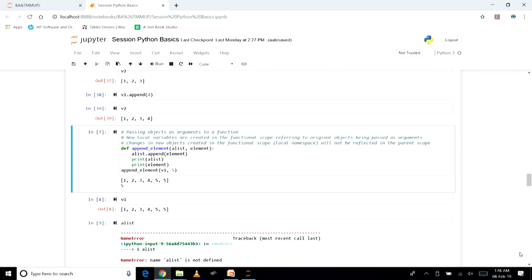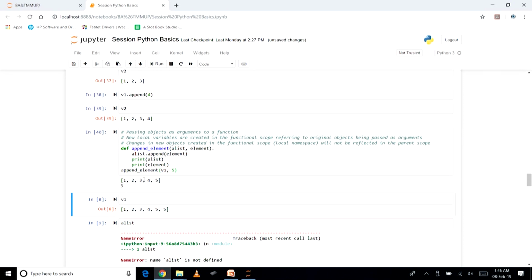And once the call happens to this function, in the parent scope we can make a call to this function, and there we can also print the variables defined in the parent scope and see how this is happening. So let us first create this. Here the definition would be created, and these two statements, a list and element, would be printed within the local namespace of this function, and we are also making the call. So all this will happen here.